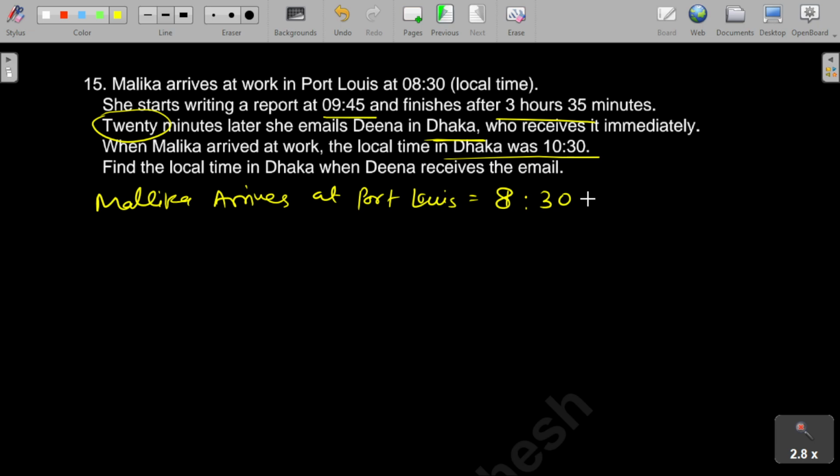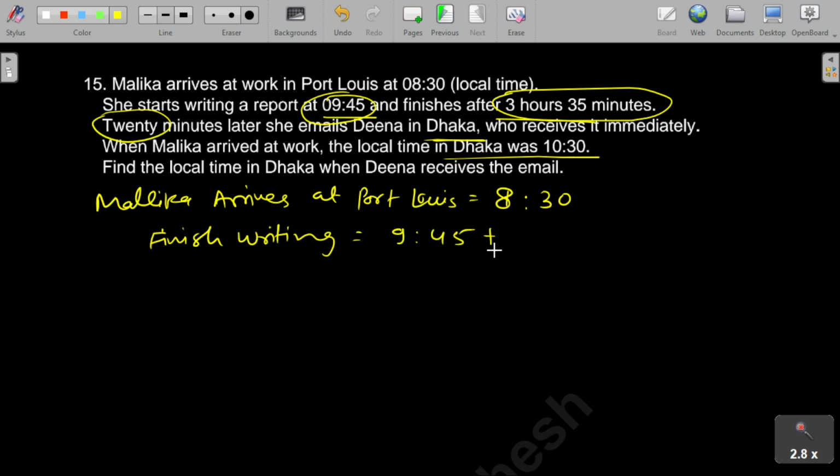Okay. And she starts at 9:45 and writes for 3 hours 35 minutes. So she started at 9:45 and finished after 3 hours 35 minutes. So the time of finishing writing is